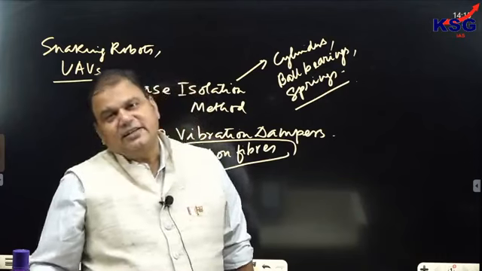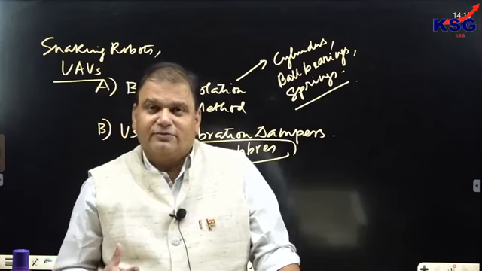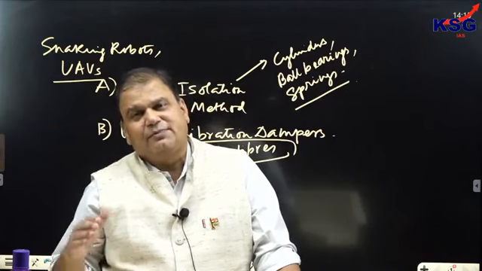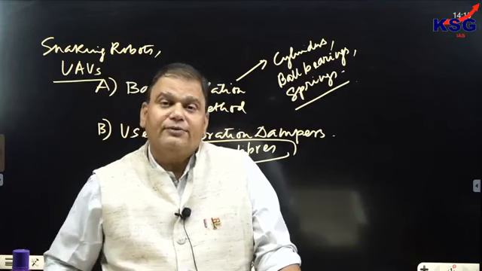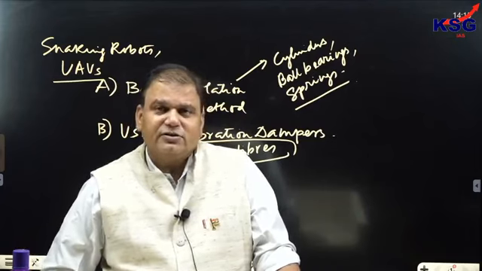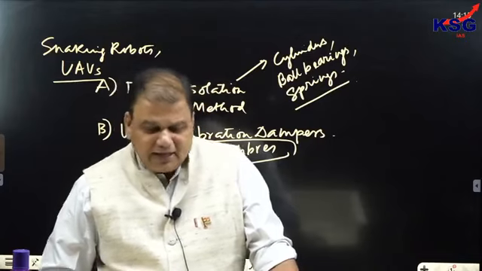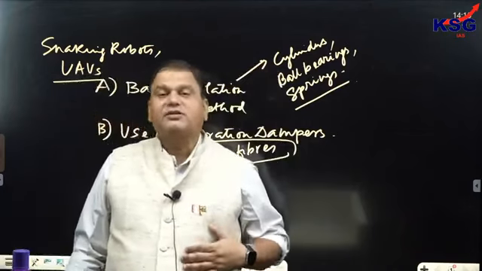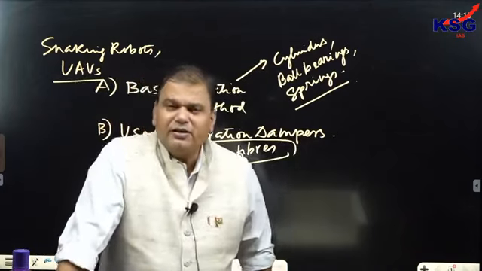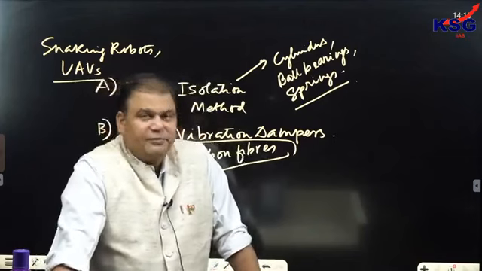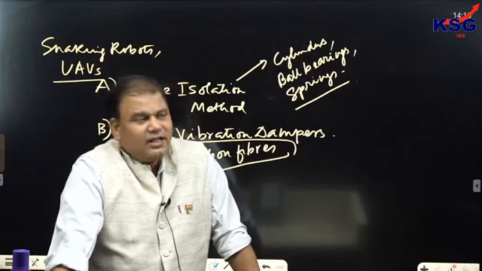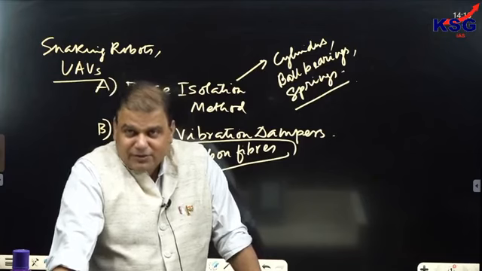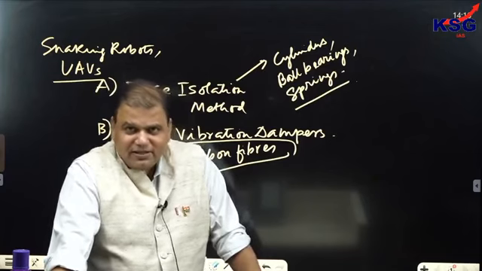But recently we can see that non-adherence to the rule curve is also one of the reasons behind floods which have taken place recently. And what is the rule curve? Rule curve is a set of guidelines according to which the dam should be filled and emptied. If we fill the dam immediately after it rains, then there won't be any buffer space remaining to accommodate the subsequent rainfall. So it would result in floods.